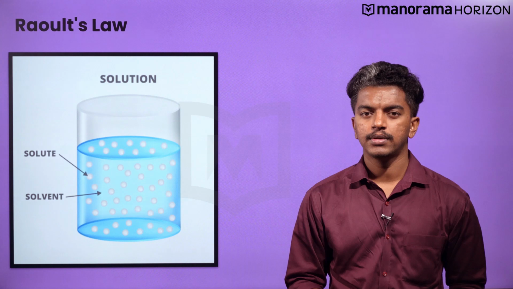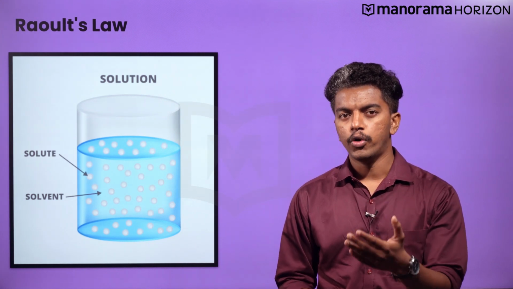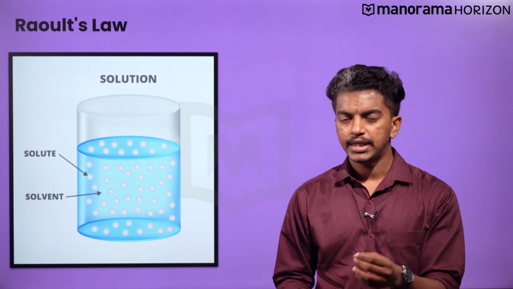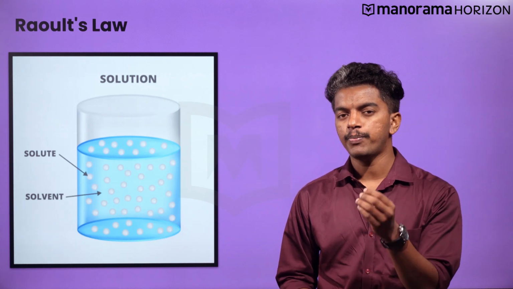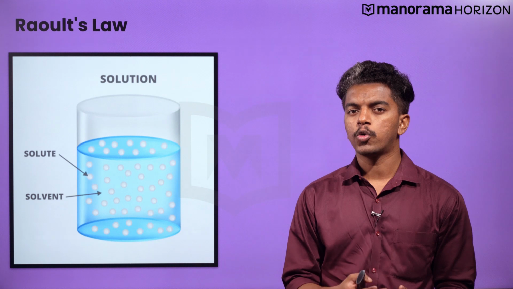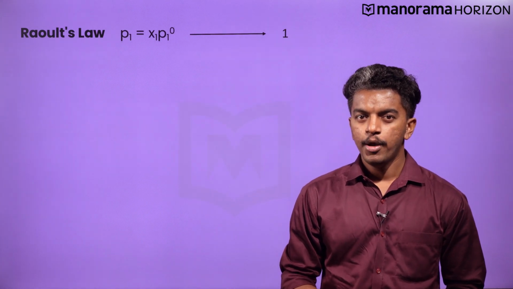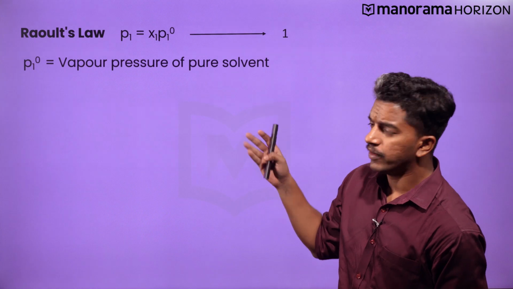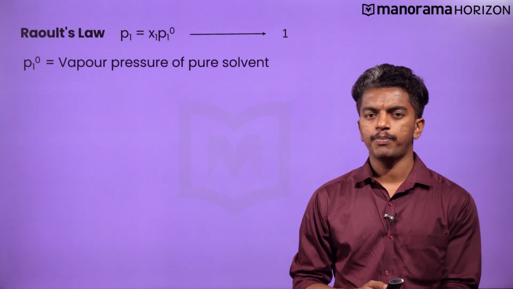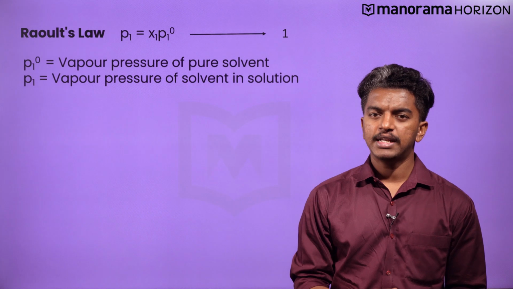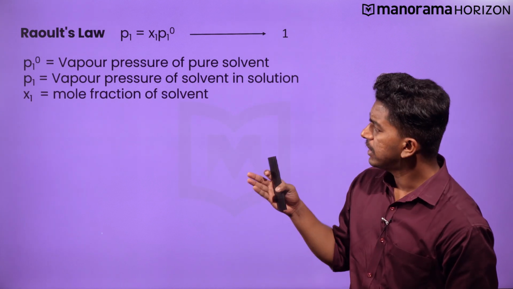of the solvent. As mentioned previously, after the addition of a non-volatile solute to a solvent, the vapor pressure of the solvent in the solution would be less than that of the pure solvent. Here, you can recall Raoult's law. By Raoult's law, you may write P1 equal to X1 P1 0, where P1 0 is the vapor pressure of the pure solvent, P1 is the vapor pressure of the solvent in solution and X1 is the mole fraction of